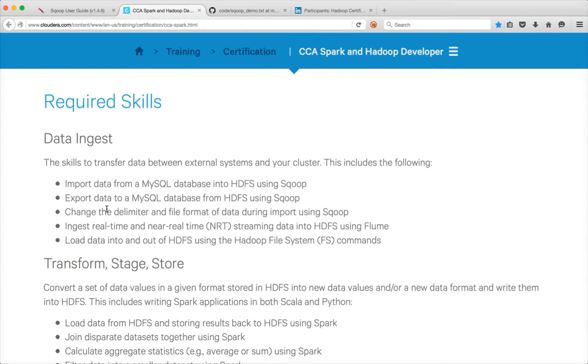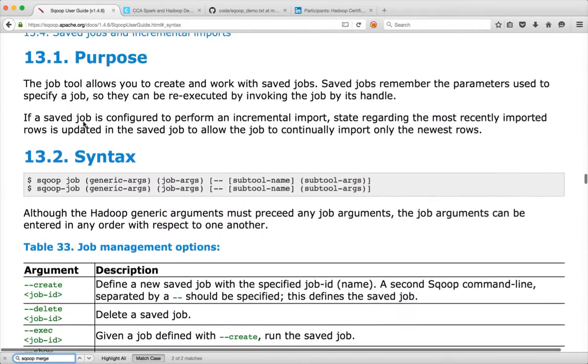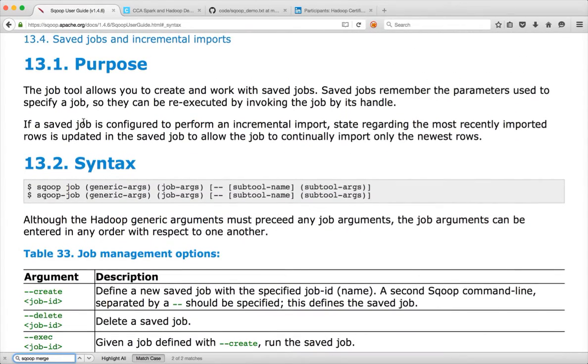This is the final video of Sqoop, and in this I will cover a few more important topics within Sqoop, which might not be directly related to the certification syllabus, but are very important to understand to get used to Sqoop as much as possible. So far we have covered list databases, list tables, eval, Sqoop import all tables, and Sqoop export. In this video, I will be covering a couple more things, which is Sqoop job and also Sqoop merge command. So for Sqoop job command,